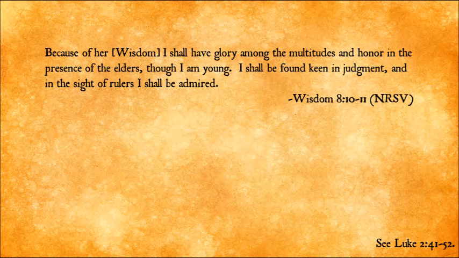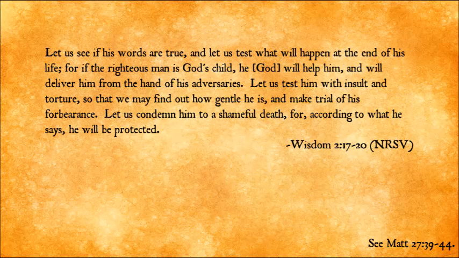Wisdom 8, 10, and 11 is a prophecy of Jesus as a young boy in the temple. It reads, "Because of wisdom, I shall give glory among the multitudes and honor in the presence of the elders, though I am young. I shall be found keen in judgment, and in the sight of rulers I shall be admired." And Wisdom 2, 17 through 20 is a prophecy of what Jesus' enemies said when they arrested and killed